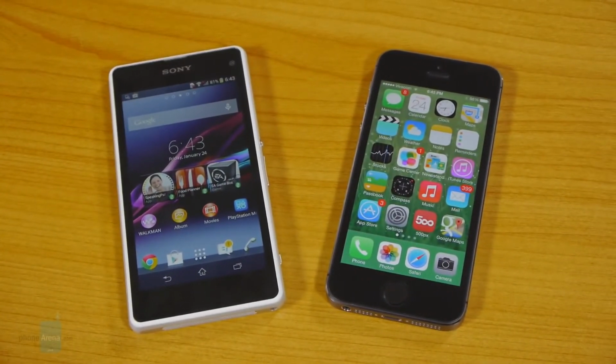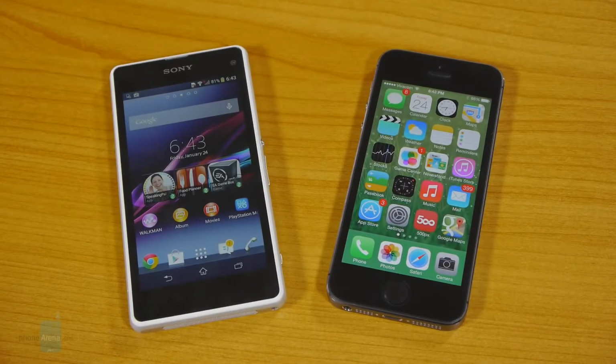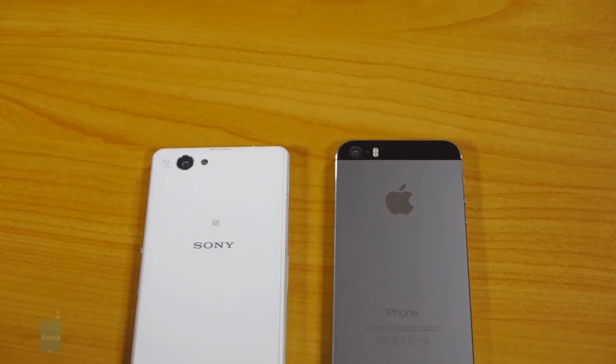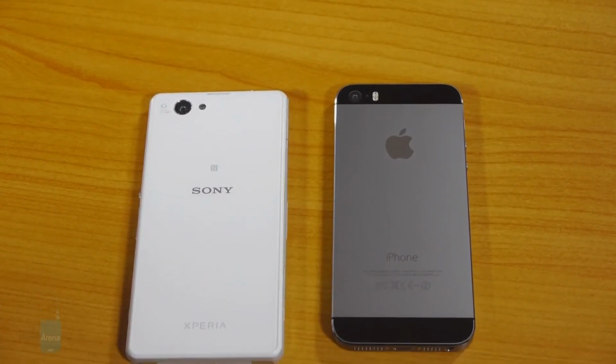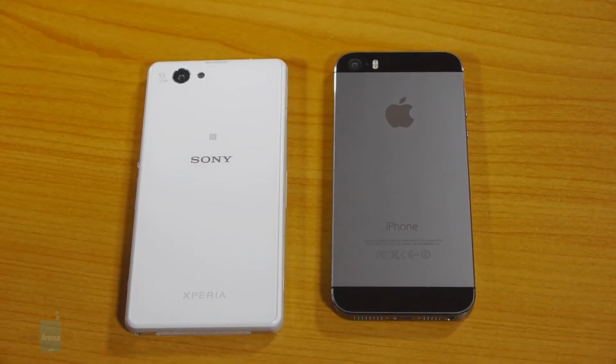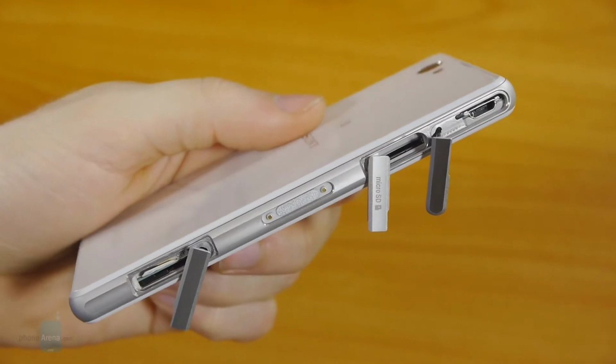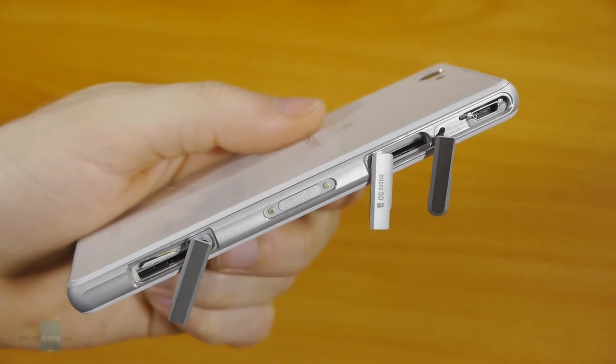Meanwhile, if you have to compare the Z1 Compact to the iPhone 5S, which is another premium offering in roughly the same size class, we would say that the Compact is very well made, but we have to admit that the iPhone 5S is even more eye-catching thanks to its slimmer profile and lack of so many ports and slots around its sides. And really, there is a lot of action going on across the metal frame of the Z1